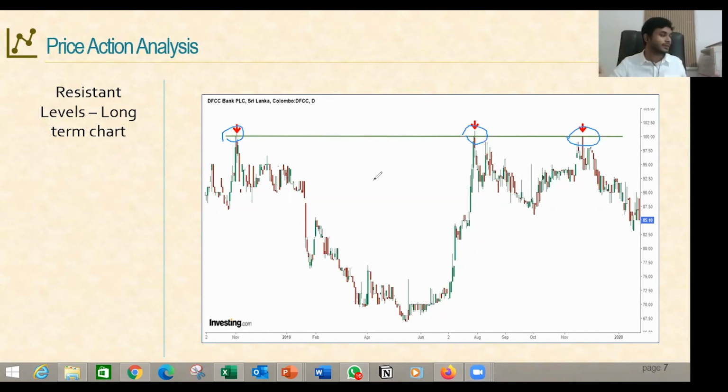Let's say you are making a trading decision and you bought the stock at 60, and the stock is trending toward upper levels. Then if it reaches 100 levels, based on these historical resistance levels, you can closely watch whether there is any price action or any confirmation that resistance is happening. Based on the confirmation, if the resistance is confirmed again, then maybe you can exit your trade and secure your profits.